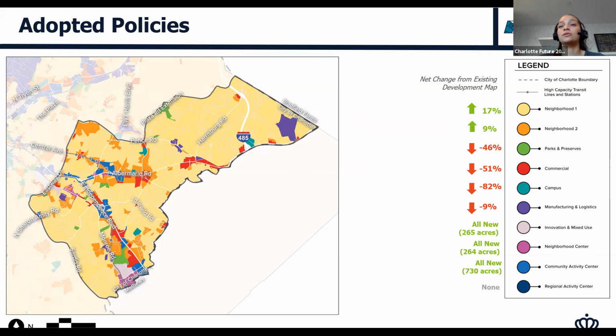And then there's a significant increase in the acreage in innovation mixed use, and then your neighborhood and community centers. So this map signifies what the city would look like in this area if we did absolutely nothing else and then just continued with growth based on the policies that we adopted in 2010.